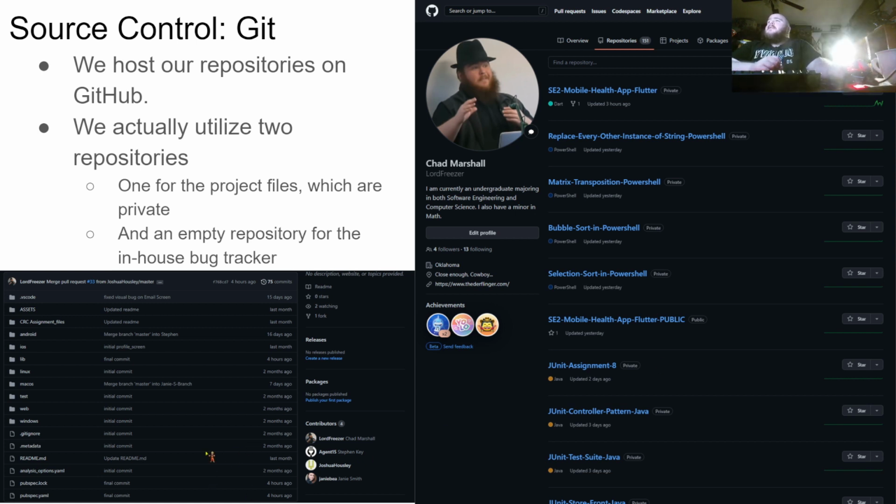On the left here, you can see what our repository looks like for the app. And on the right here, you can see me showing off my repositories. We actually use two repositories for this project. One is a private repository, which stores pretty much what you see here. And then we also have an empty repository that is public that we used for our bug tracker,